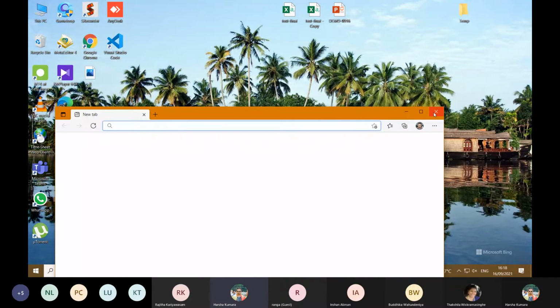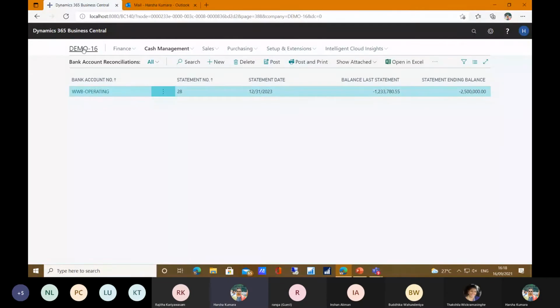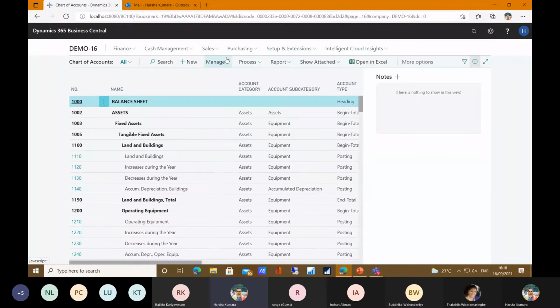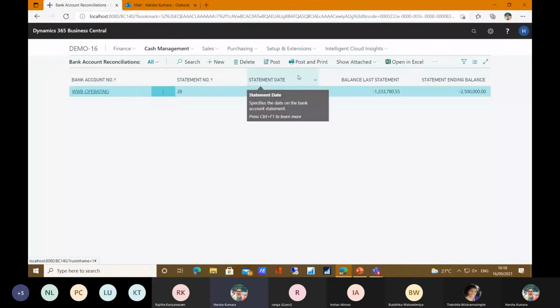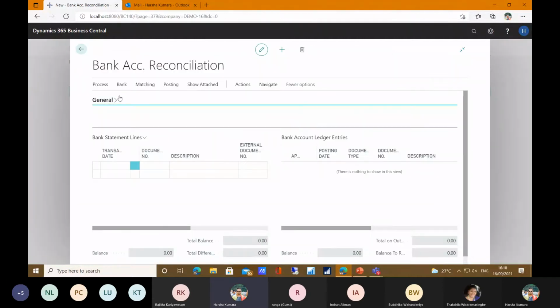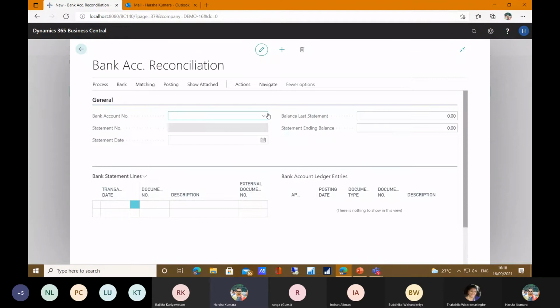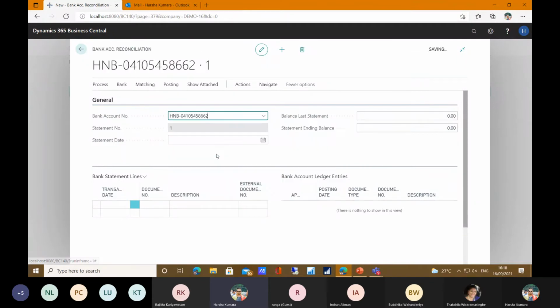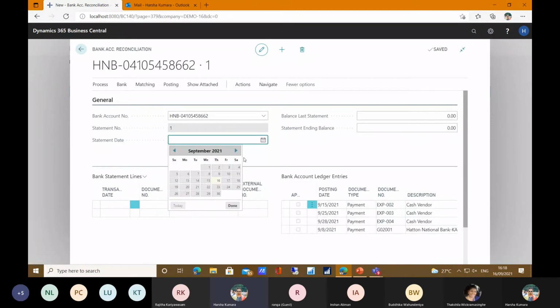For the automated bank reconciliation, we go the same way. We have to go to the same path and use the bank reconciliation menu. In the bank reconciliation menu, I am adding another bank reconciliation for this. For this, I am using the HNB current account that I use in my company, and for the statement date I am putting this month, 30th September.